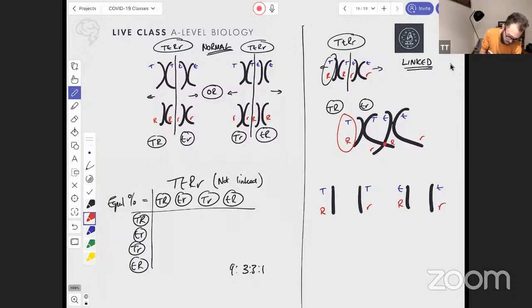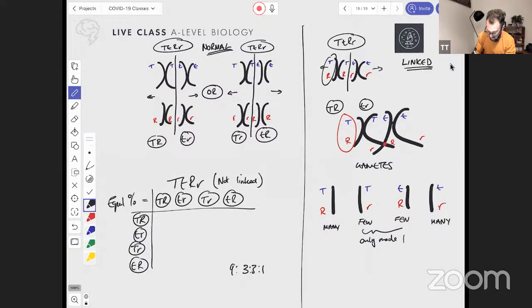Again, we're going to have many of these. We're going to have many of these. These are the gametes, the genotype of the gametes. And we're going to have few of these ones because these only result from crossing over, and crossing over doesn't happen most of the time. Only made by crossing over. So if crossing over takes place, it's possible to separate them and to produce some of these gametes, but